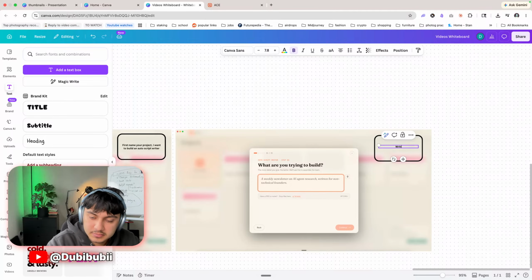Keeping up with everything happening in the world of AI can be hard. So I want to automate